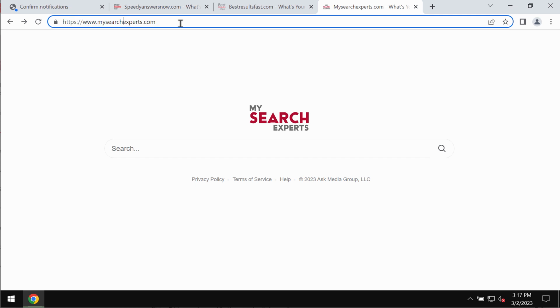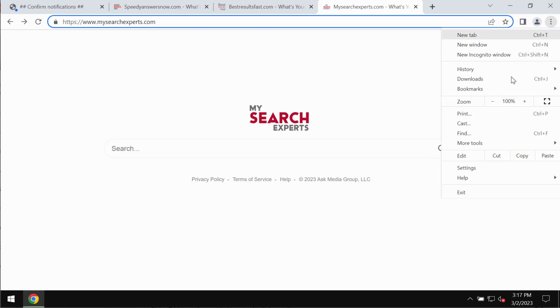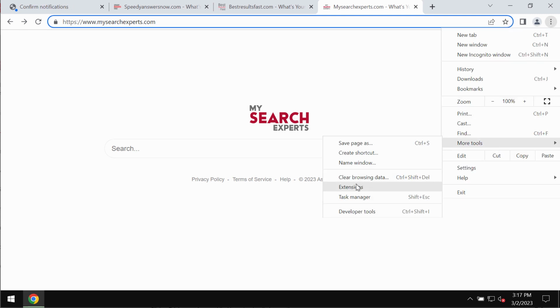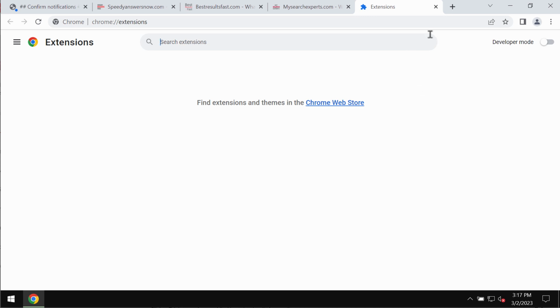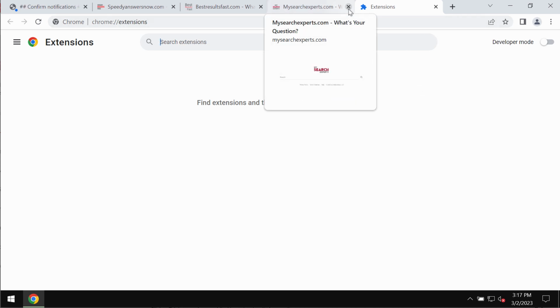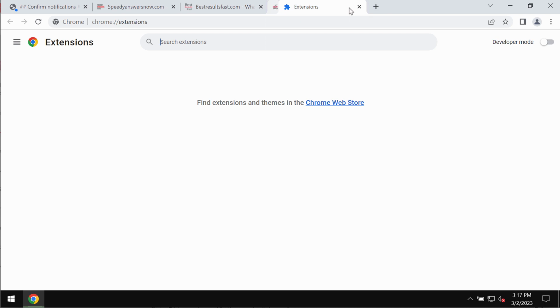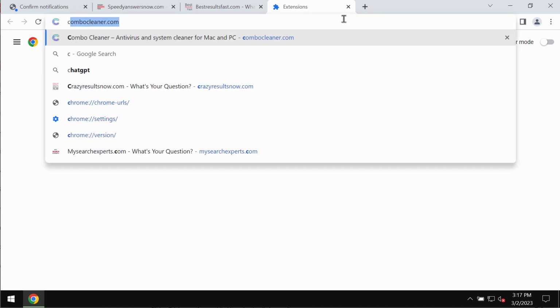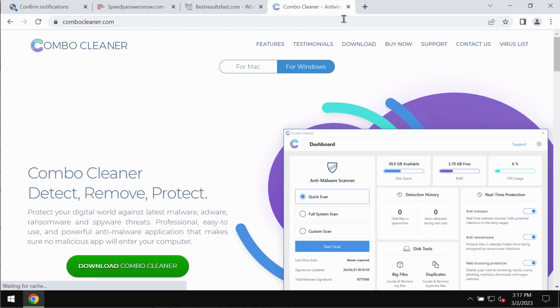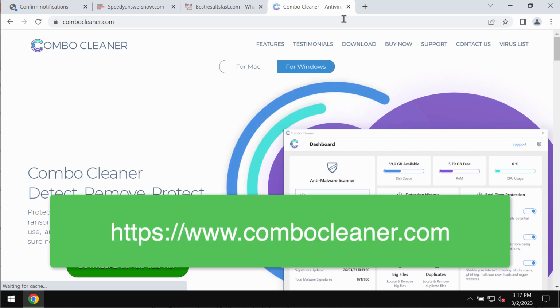So mysearchexperts.com is a browser hijacker you should remove immediately. To remove it, access the menu, go to More Tools, Extensions, disable and delete any third-party extensions if you find them. And to be convinced that your computer is free of any other threats, I recommend that you investigate it